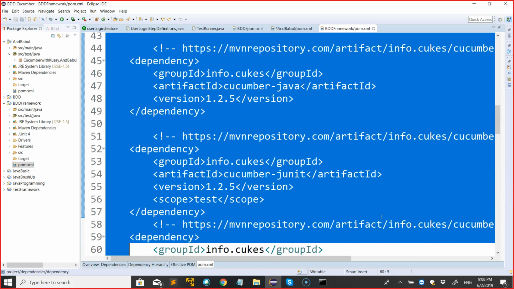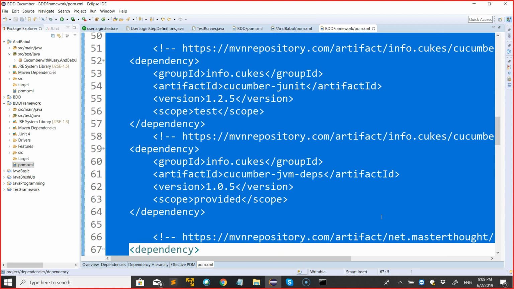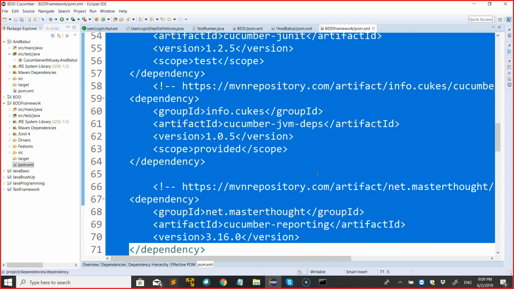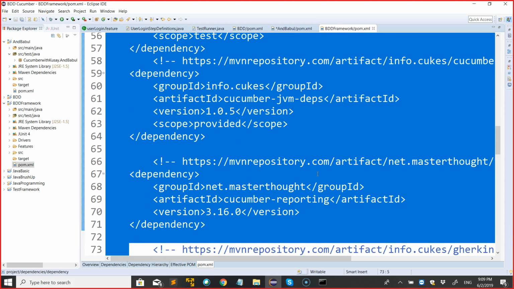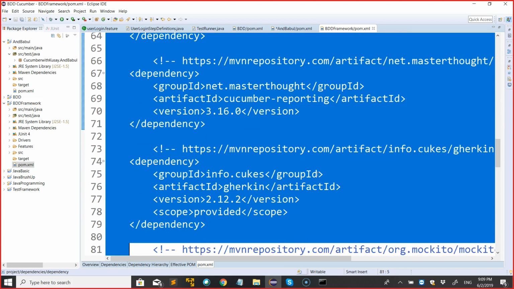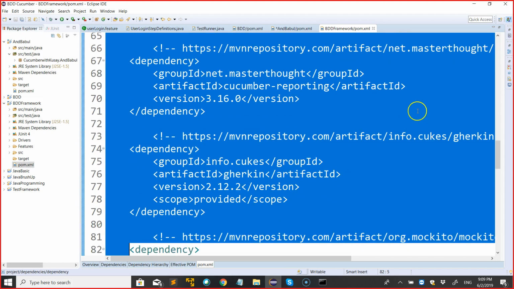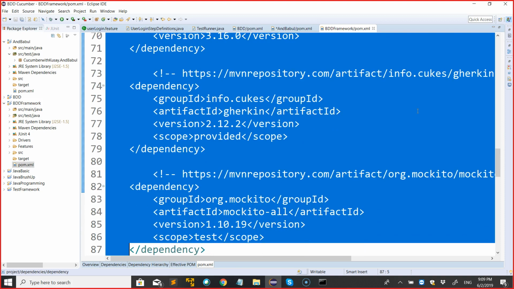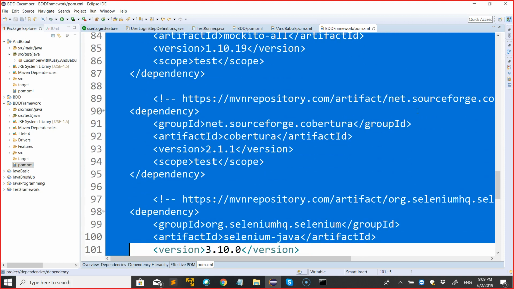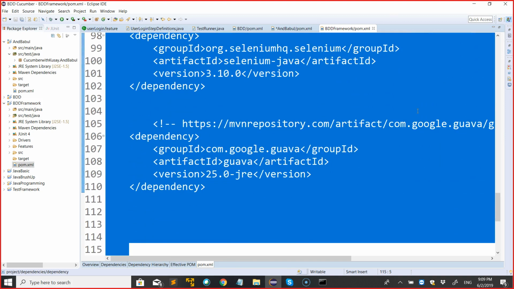Okay, I have Cucumber JVM dependencies, I have Cucumber reporting, I have Gherkin, I have more dependencies. Okay,